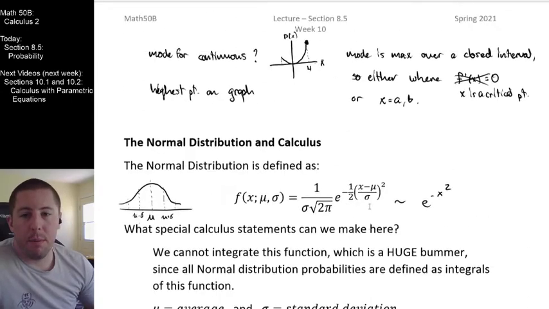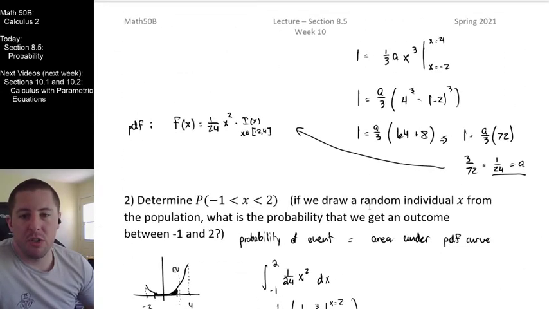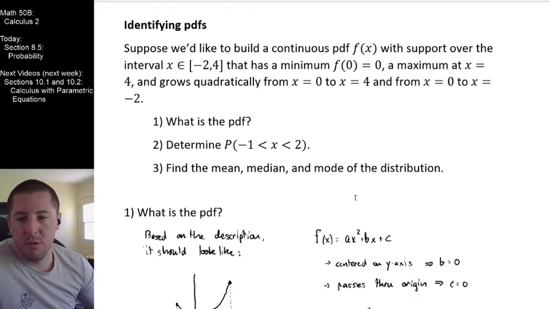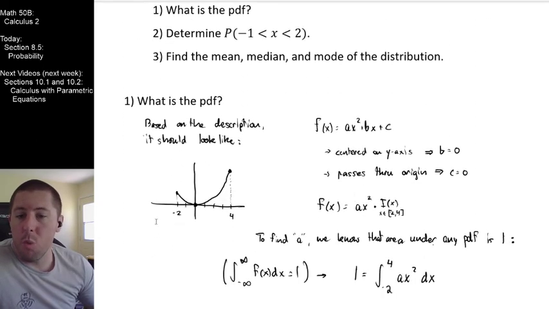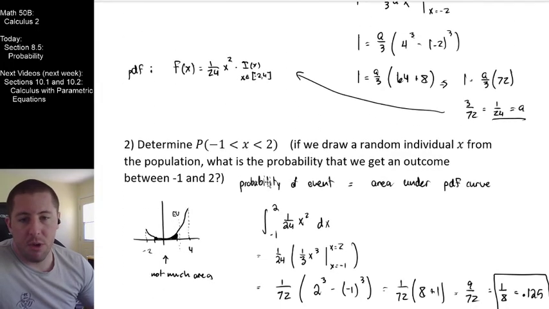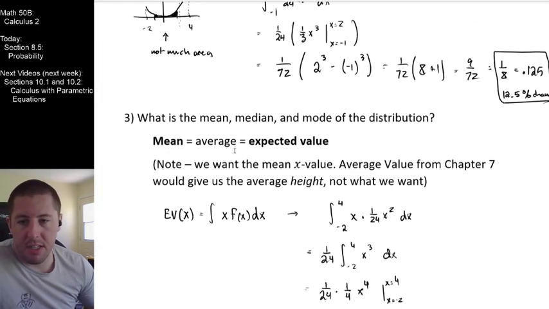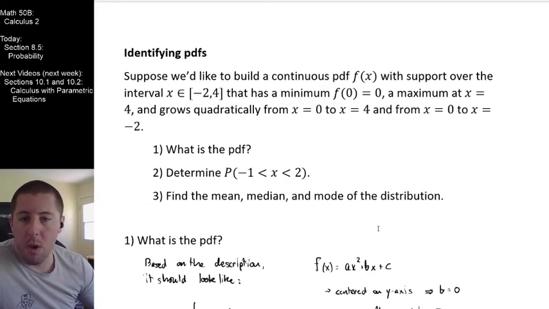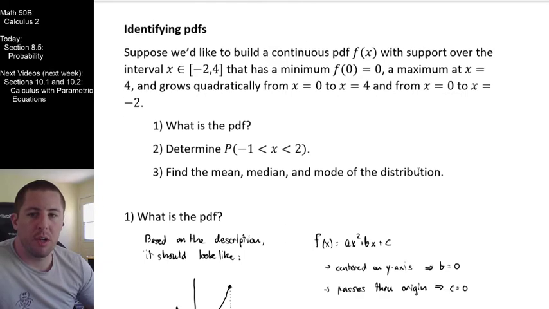So your primary homework problem for this week is going to essentially be like this guy right here. I'm going to describe to you a probability distribution function. You're going to have to do some work to figure out how to build it in a way that makes sense. This one was kind of easy; the one I'm going to give you in the homework is going to be a little bit tougher. And then I'm going to ask you some questions like what's the probability of an event occurring, mean, median, mode, stuff like that. So look for that.